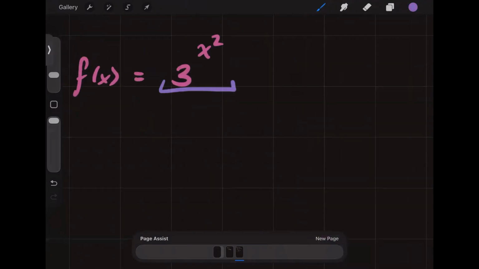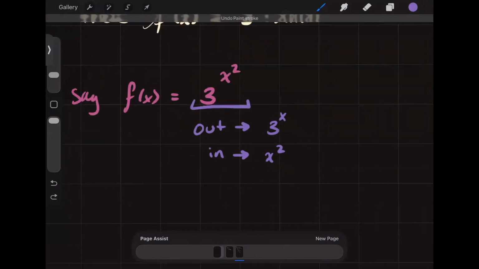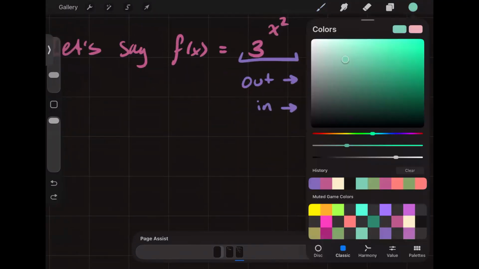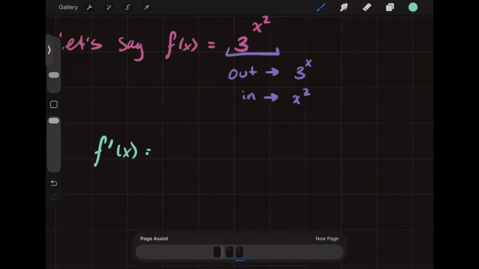The outside function is going to be 3 to the x, and the inside function is going to be x squared. Do you see how it's composed? Okay. And so if you wanted to derive f of x, right, you would have f prime of x is going to equal,